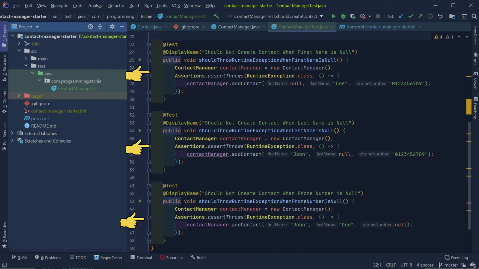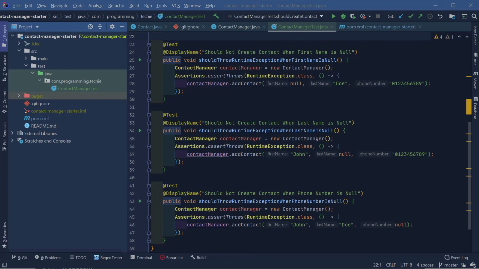Here you may observe that I added a new annotation called DisplayName. This annotation, as the name suggests, provides a custom readable name to your test. So instead of displaying the method name, which is sometimes not so readable, JUnit displays this custom name in the test results. So inside the first test method, we are verifying if the add contact method throws a runtime exception